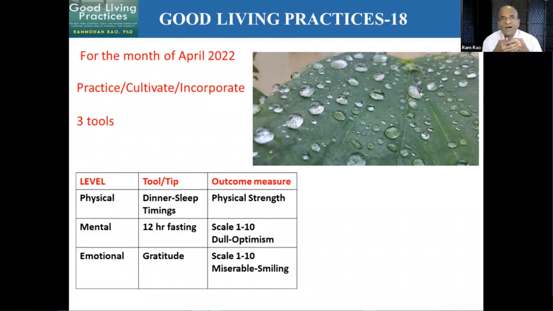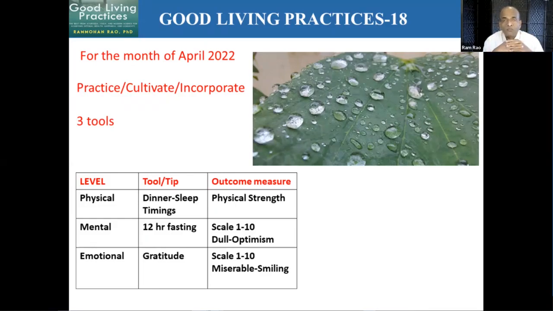And then at the level of the mind, I said, we'll maintain a 12-hour fasting period, which means that if you had dinner by 6:30 or 7 in the evening, then you would have to break your fast the next morning after 7:30 or after 8. So thereby you're giving a window of 12 hours or more. Okay, and this fasting period of 12 hours is highly beneficial at the level of mind, body, and emotions, and